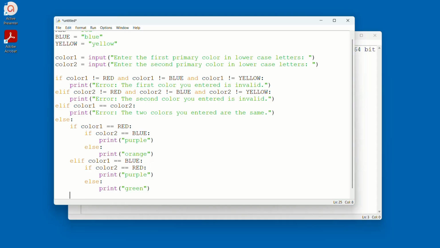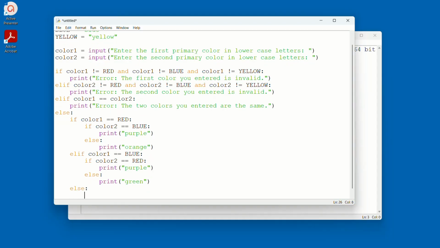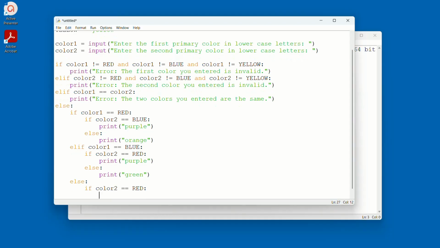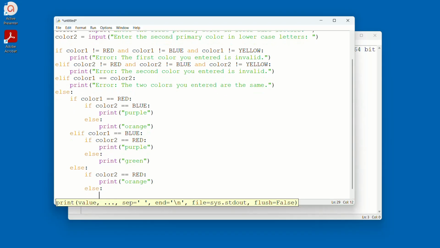And then we have our last one, so we'll do an else on this one here. This is going to be if color 2 equals red. Okay, so we already determined color 1 red, color 1 blue, neither one of those. So color 1 has to be yellow at this point. So if color 2 equals red, we have yellow and red, which is going to be to print orange. Else, that means that color 2 has to be blue, and then the blue